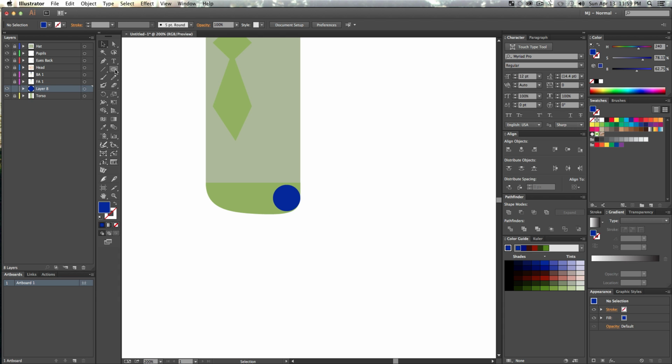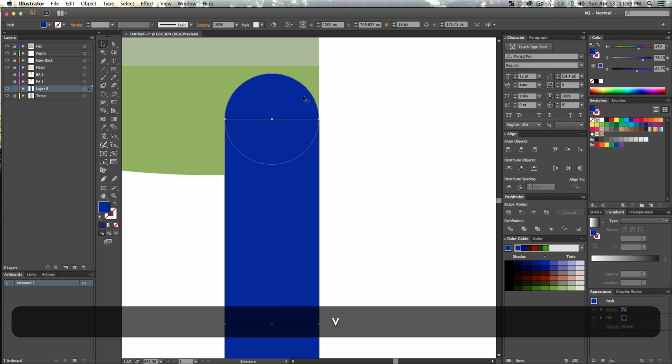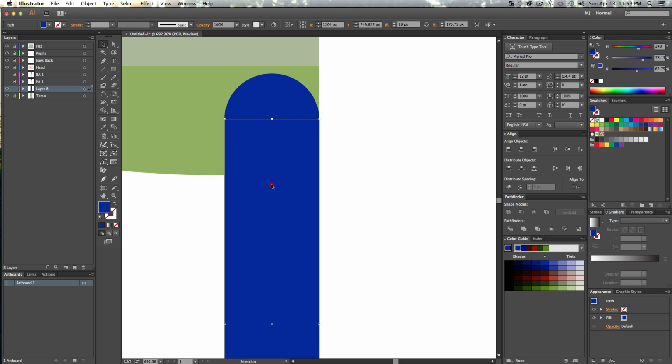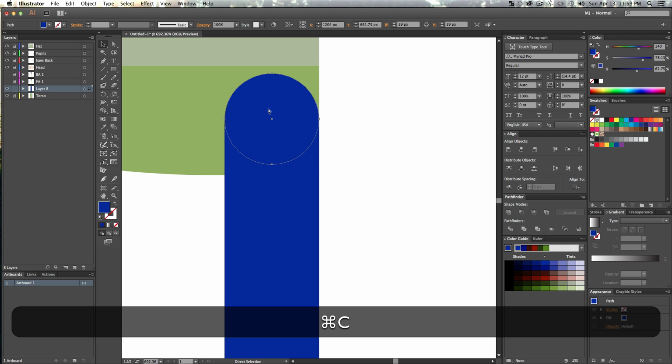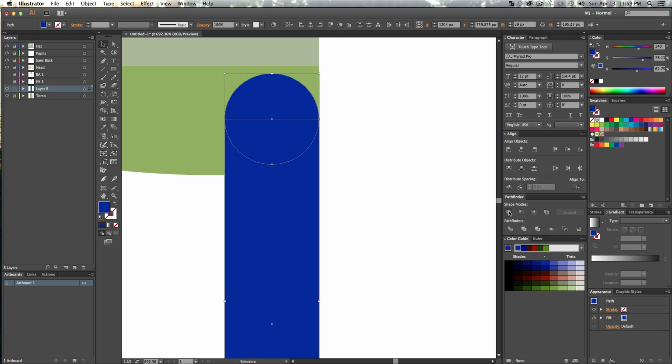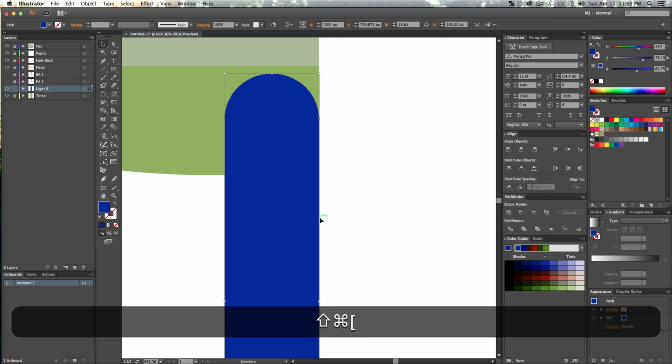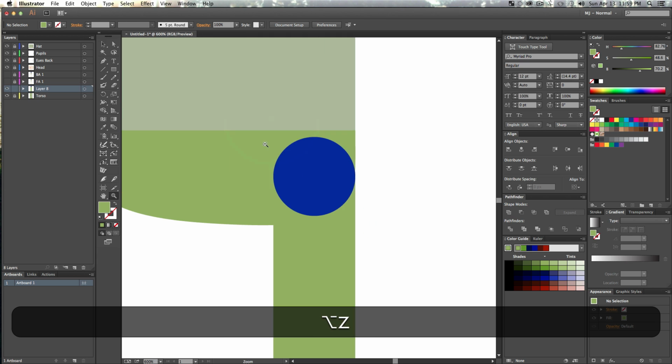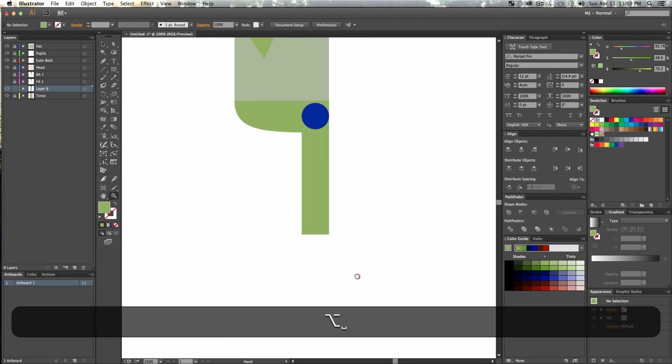Let's just create another limb, the same diameter of our sphere. Duplicate our sphere, so Command C, Command F to paste in place, grab the leg, and then group them together, and then Shift Command back bracket to send them to the back, and then just pick the same color as the pants, and we'll still have our marker there. So with that set up,